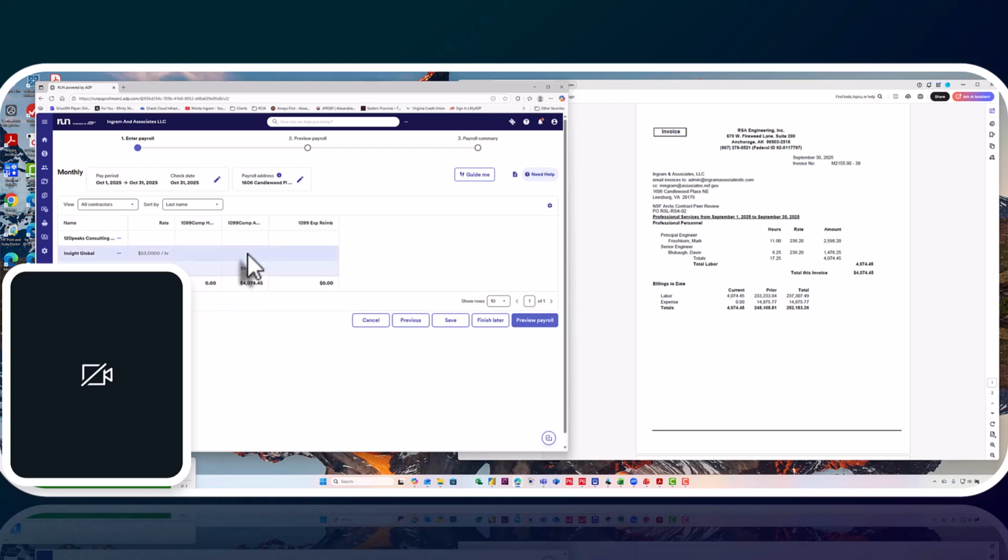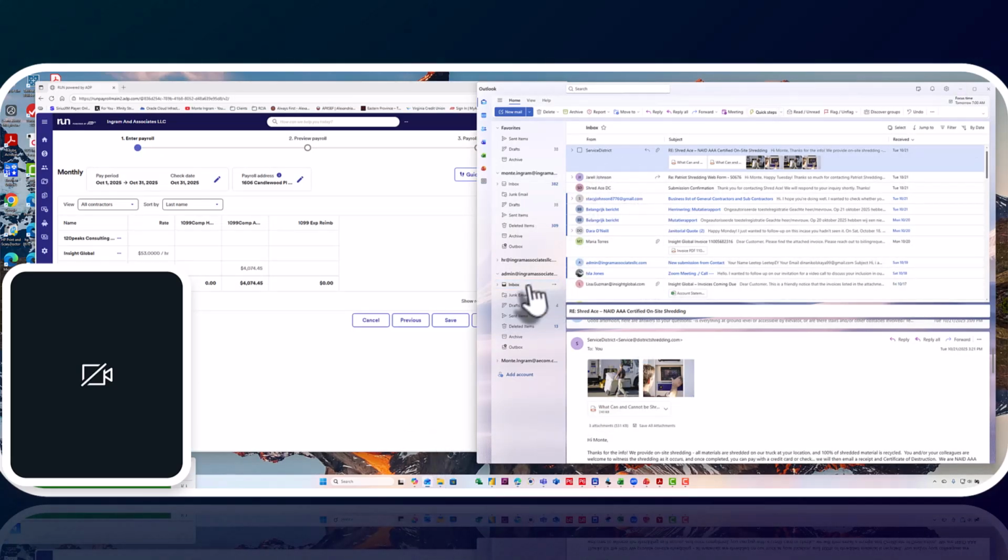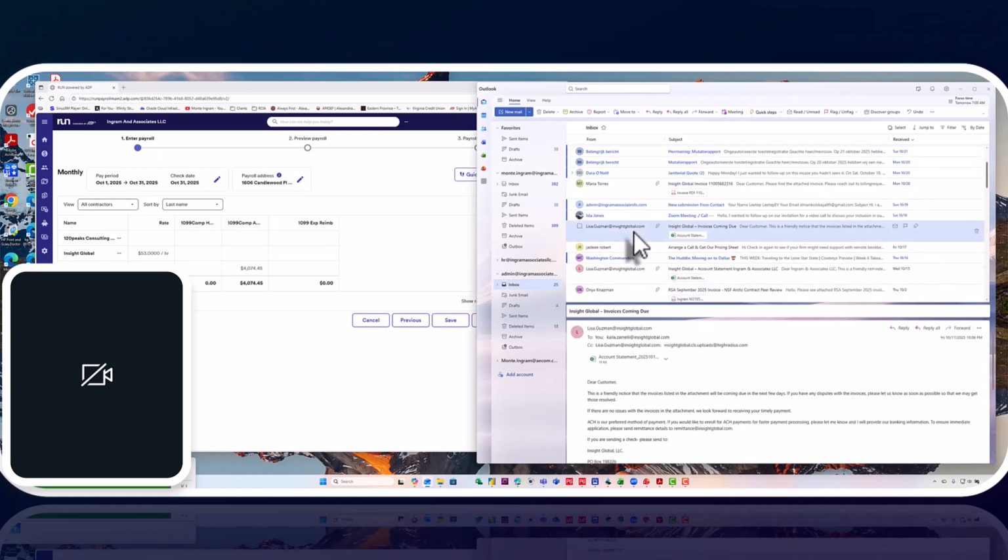Similarly, for Insight Global, this happens to be the other contractor. There's a timesheet app that it's not totally up to date. So that normally would be the place where you would go get the payment for this individual. They make $53 an hour, but the way we're going to instruct you to do it here is 2 ways. First way, and the way we're going to talk about, is go receive their current invoice. Just like we had the invoice for RSA, I will go pull down the invoice that I get from an email from their person, and their statement happens to show that the